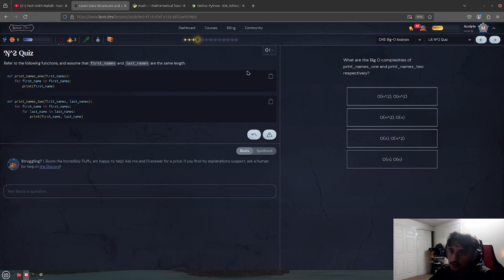N squared quiz. Okay. Refer to the following functions. Assume that first names and last names are the same length. For print names 1, for first name in first names, print first name. For print names, this would be O of N for sure, because that's constant. You're just literally printing the first